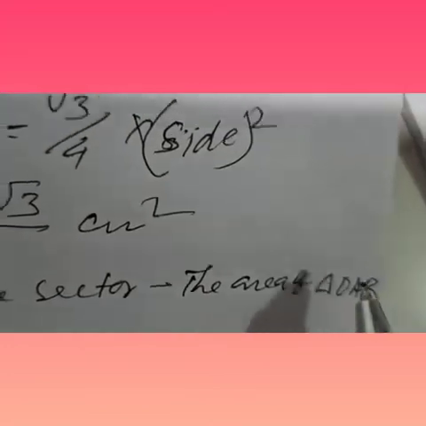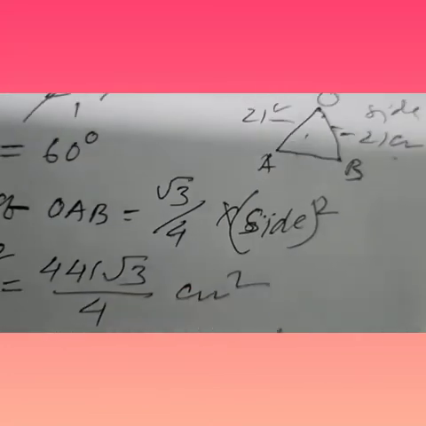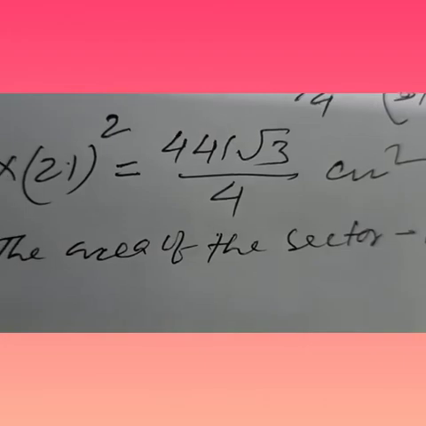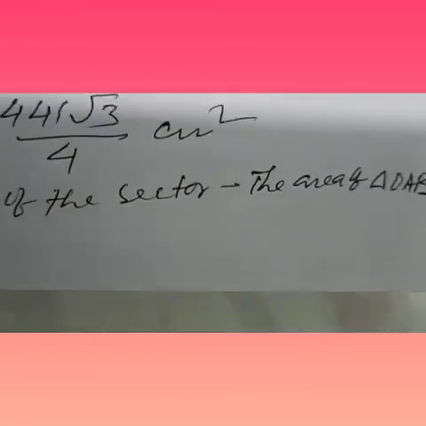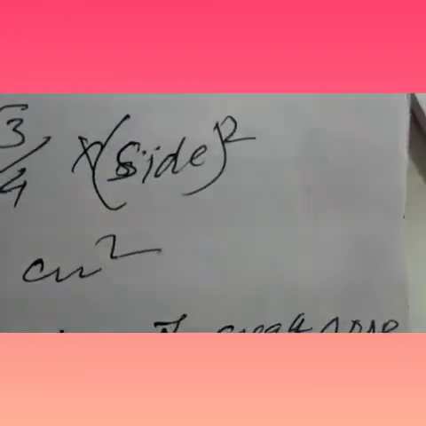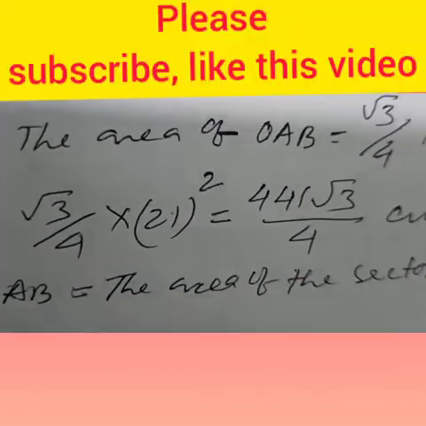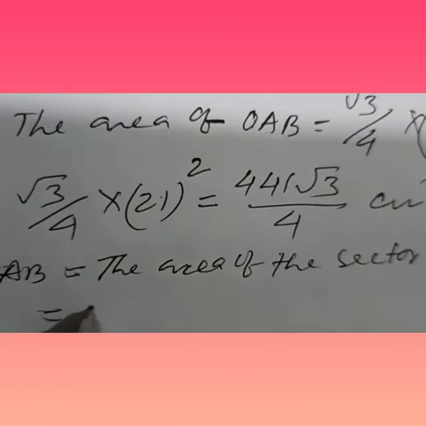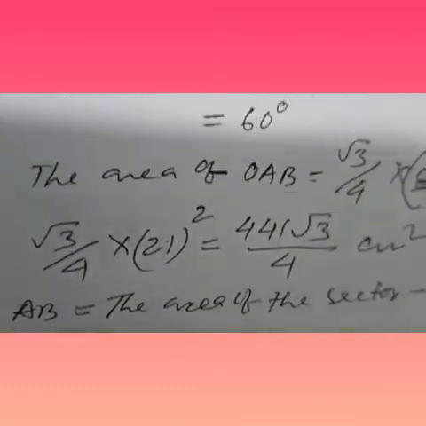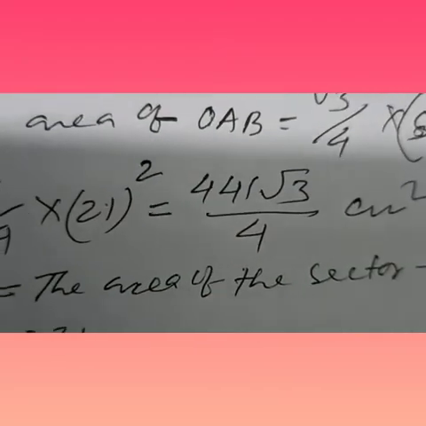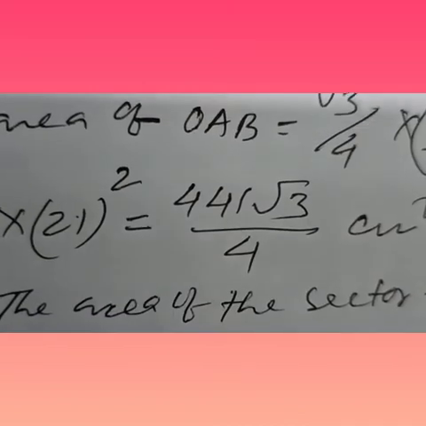OAB. This part we always need, OAB. Mind it, OAB. So this equal to what? This you can write directly. That is given what? 231. We have got that, this part, already. So 231 cm square.